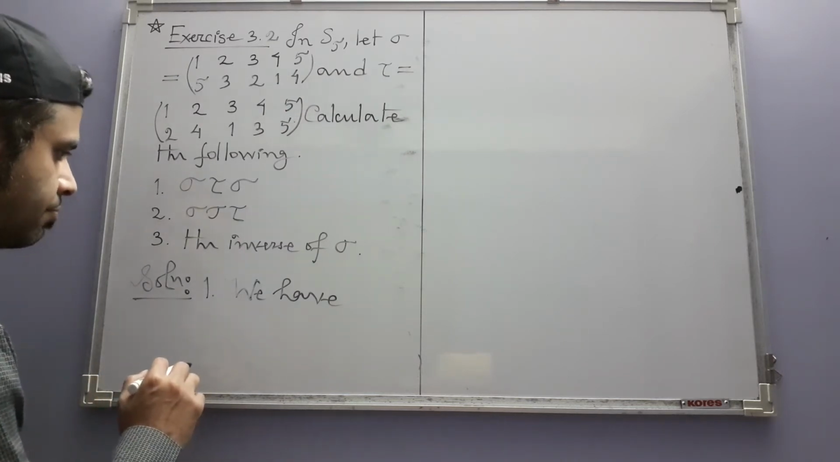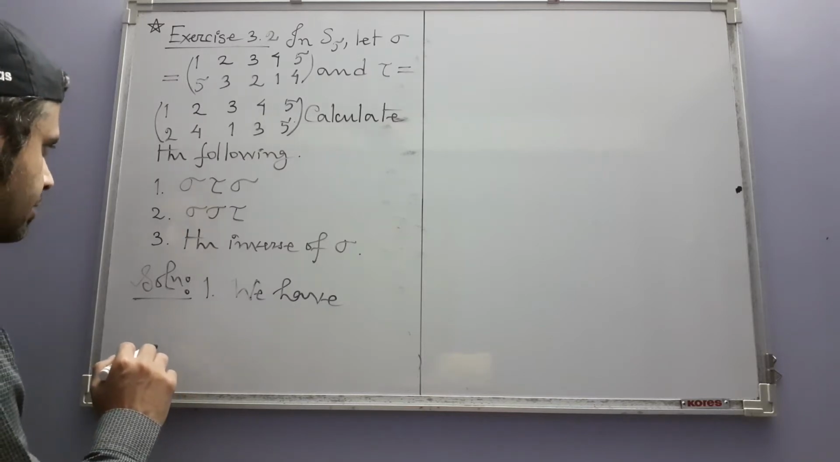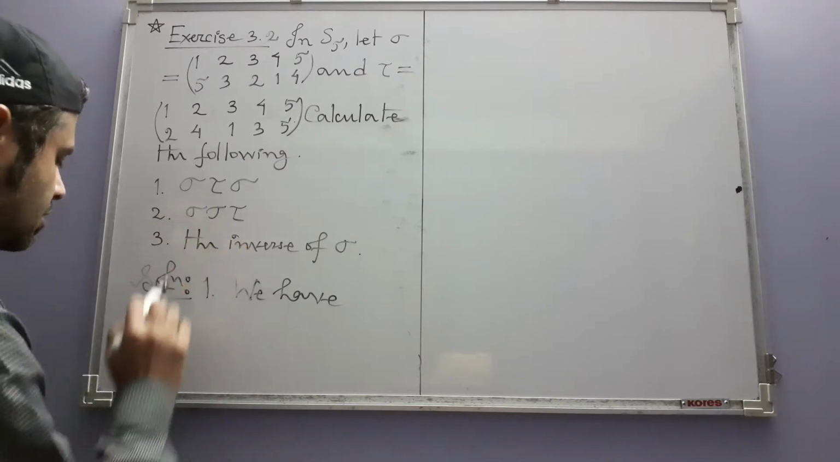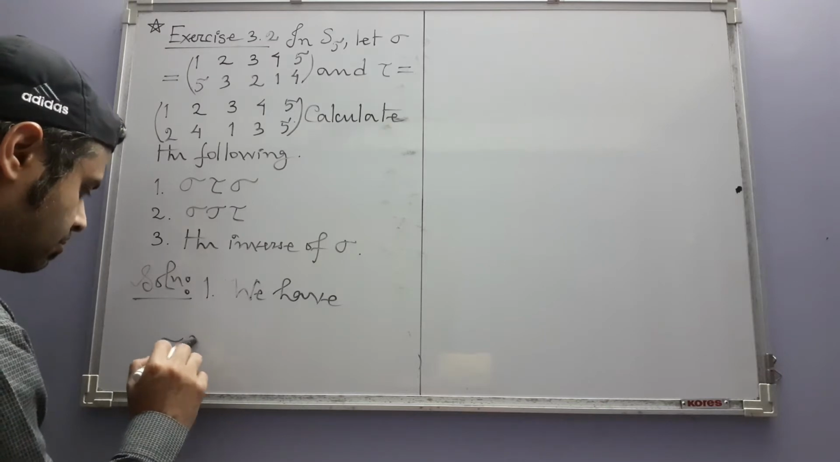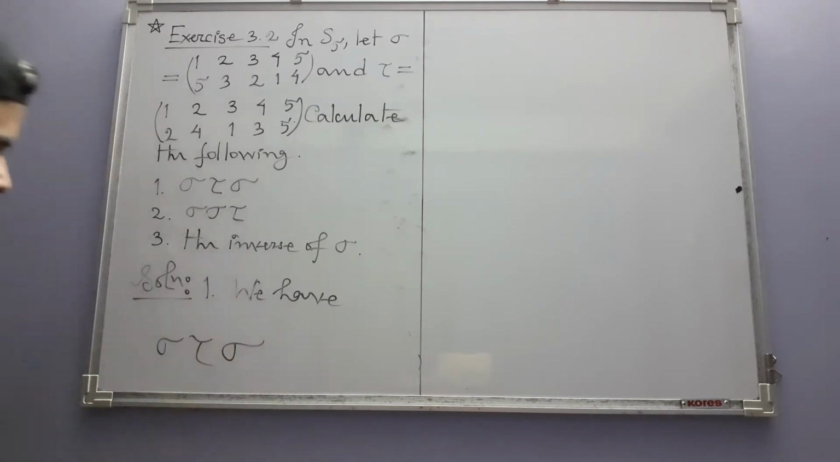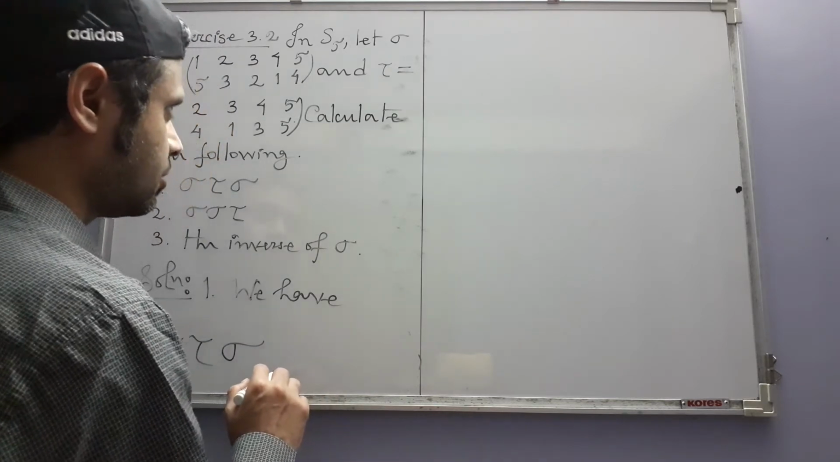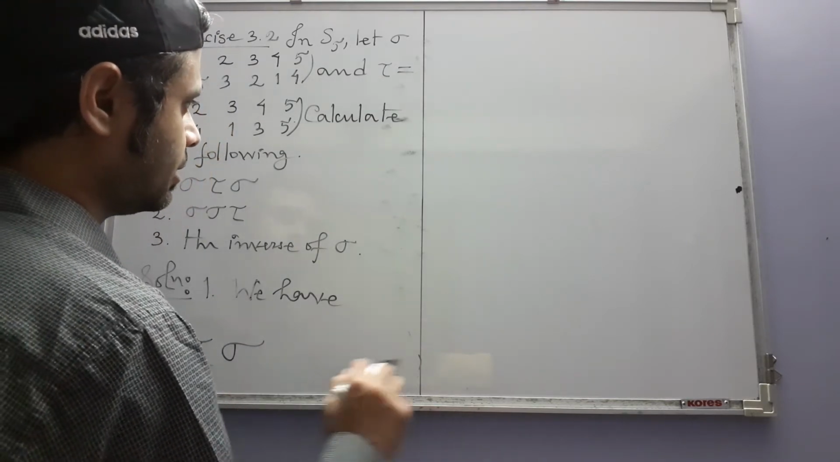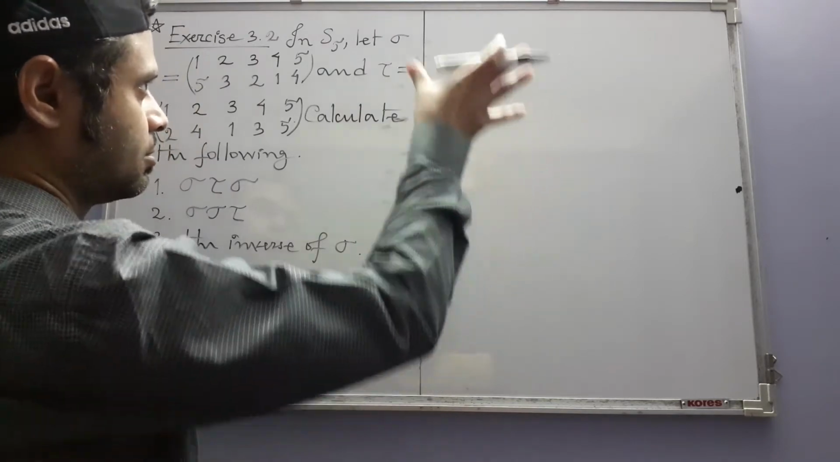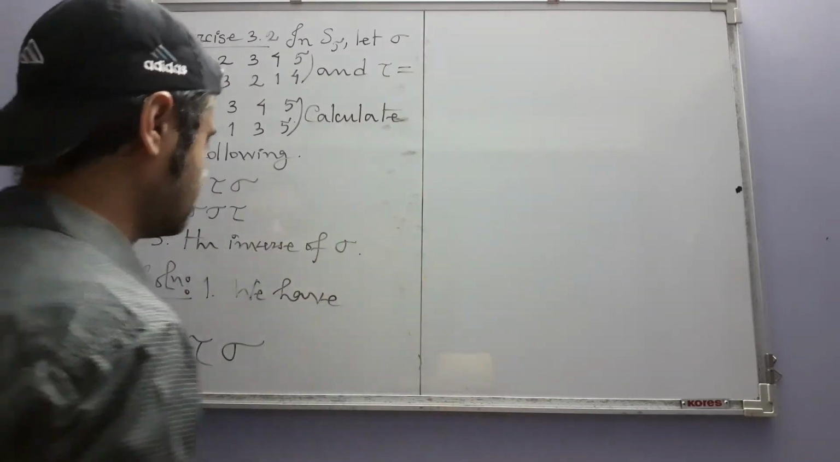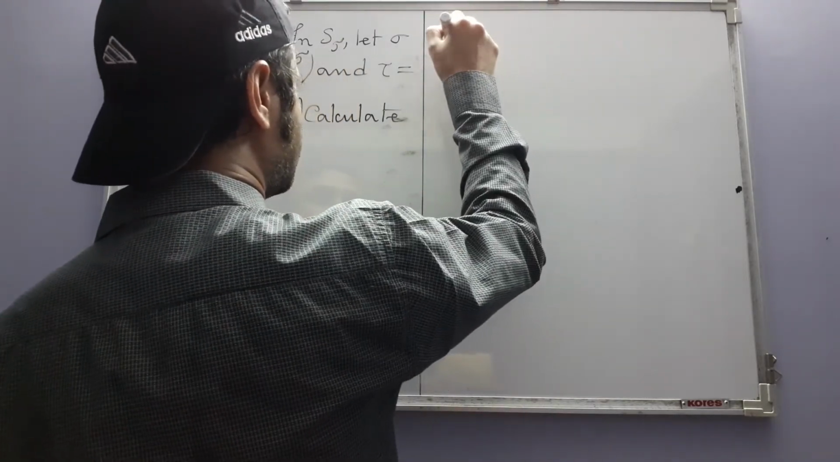Okay, so let us start. Here we have sigma tau sigma is equal to, now we cannot possibly write this entire thing like this. We have to write like this. So this is equal to